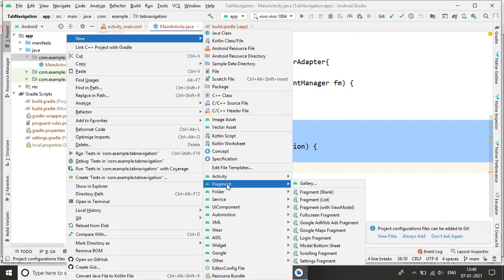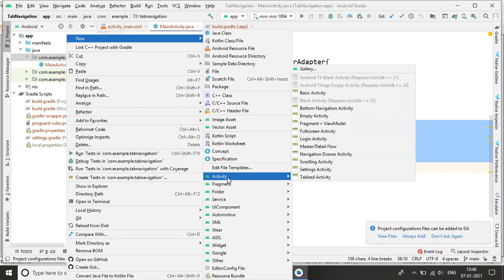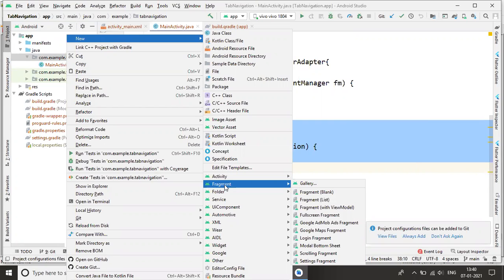Previously we were selecting activities, but here we are selecting Fragment. We have many fragment types available, so all of you select the Fragment (Blank), with blank within the parentheses.